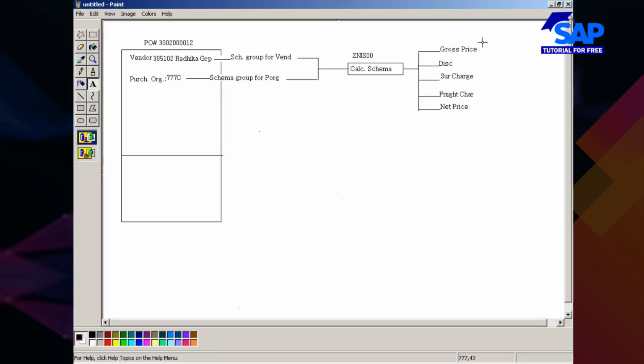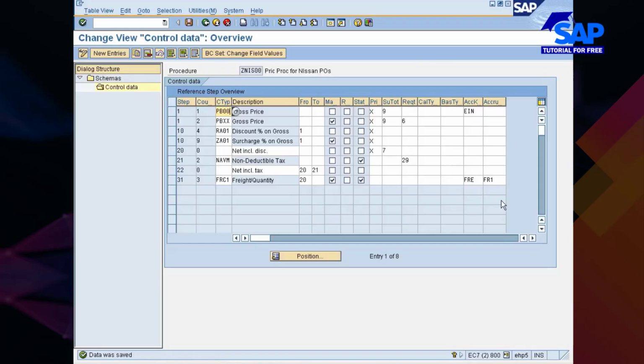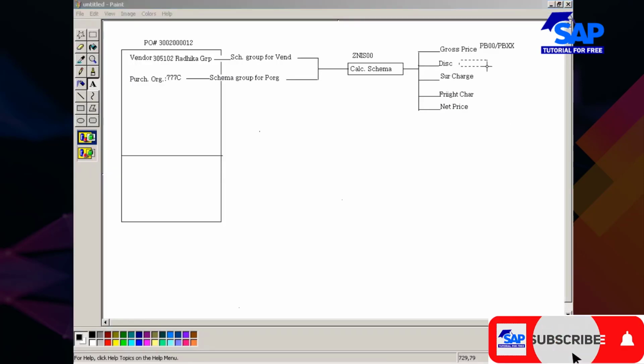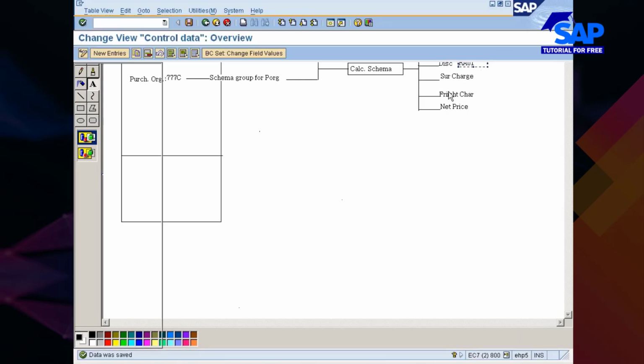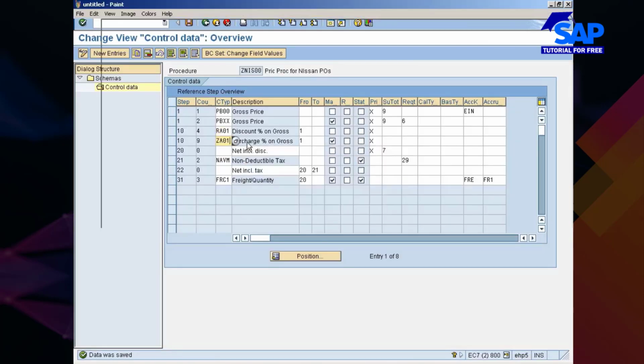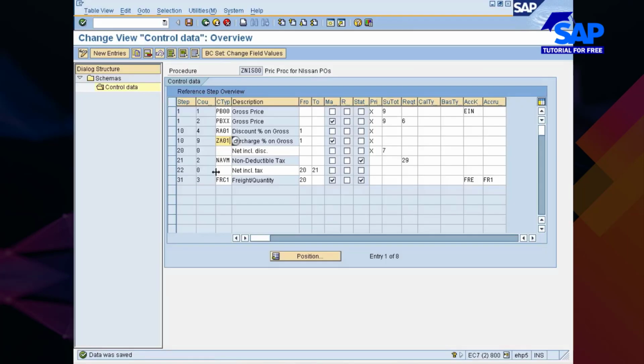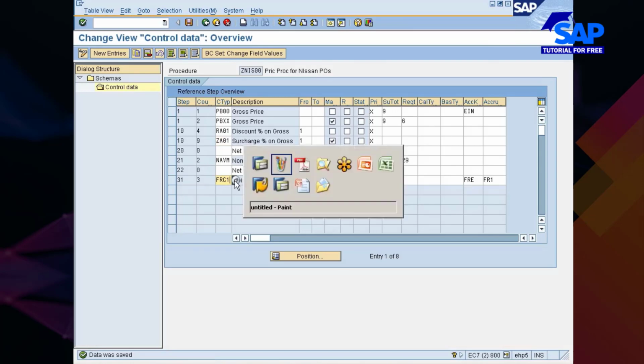My gross price is PB00. Okay. So I specify here PB00/PBXX. Next, my discount is RA01. Okay, I would just go with this one, and my surcharge is ZA01. So I just put it as surcharge over here, and then my freight charge FRC1.